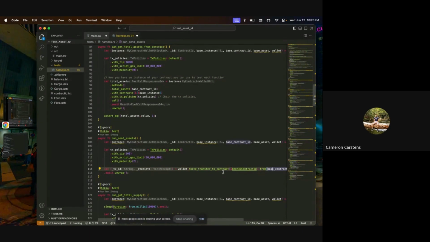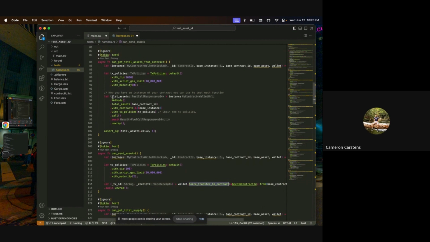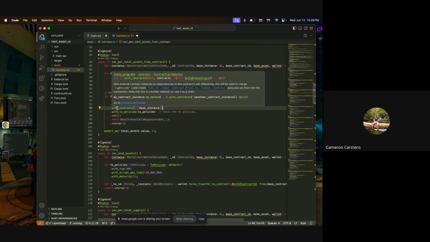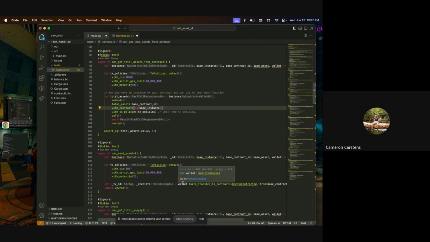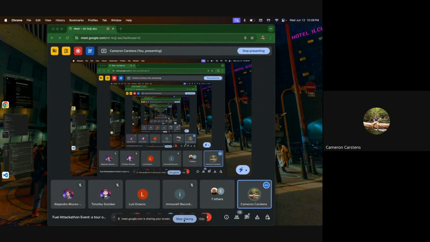For the front end, Luis will cover that. But at least with the Rust SDK, just make sure you set up your wallets and then transfer to that contract, or add interactions through contracts with other contracts or predicates. I didn't cover predicates, but those might be something you can look at as well. Yeah, I'm going to show a little bit of predicates here. I will then stop sharing my screen.